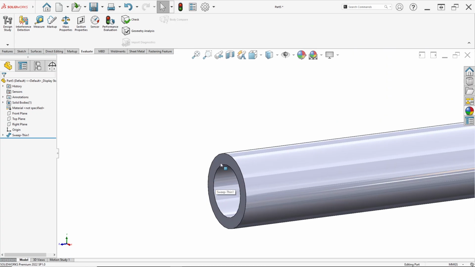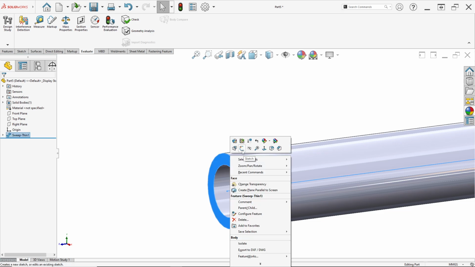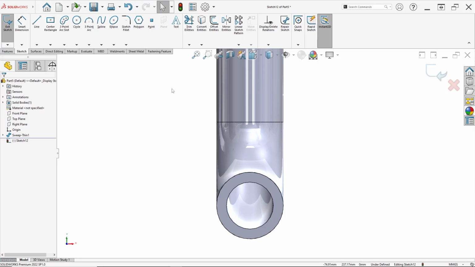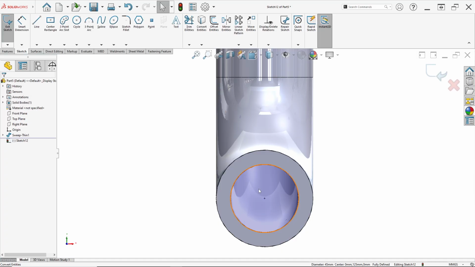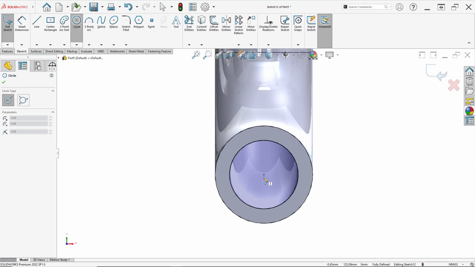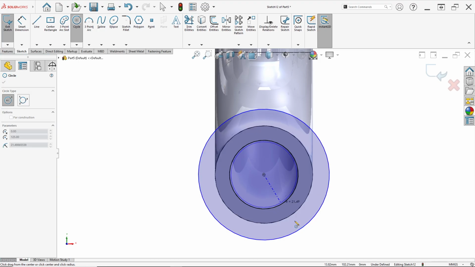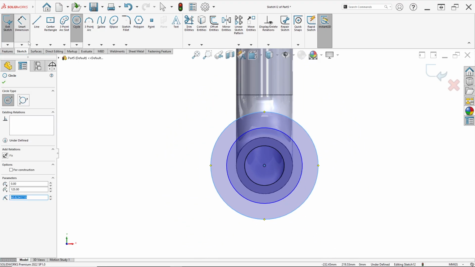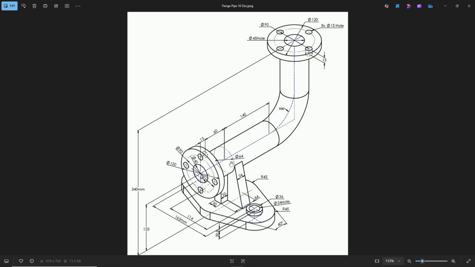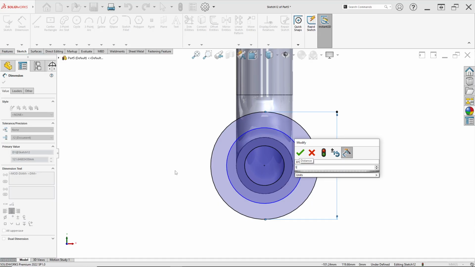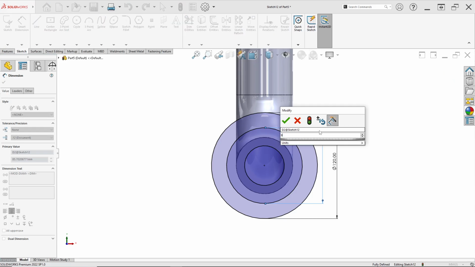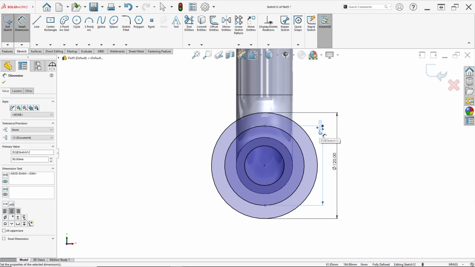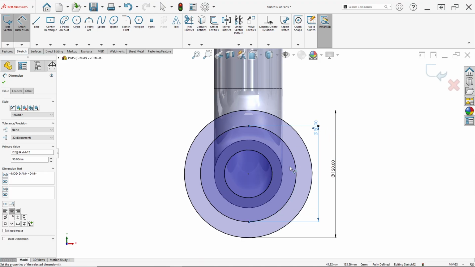Now we can make the flange here. Right click on this face and click sketch. First convert entities for this edge and click OK. Now draw two circles, this and this. The outer circle has a diameter of 120, and this circle has a diameter of 90.